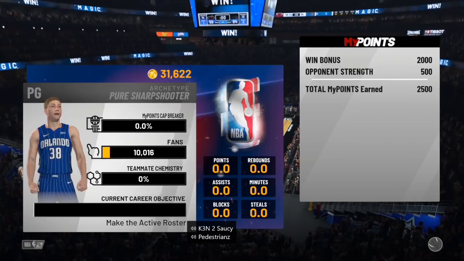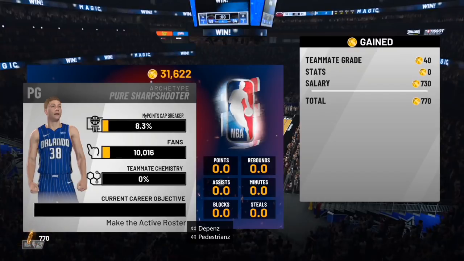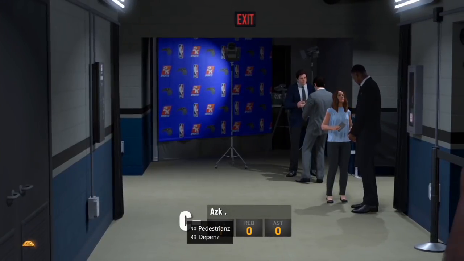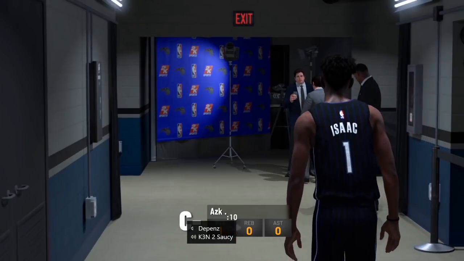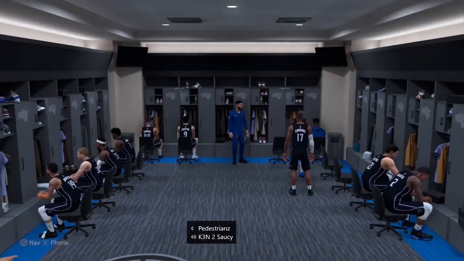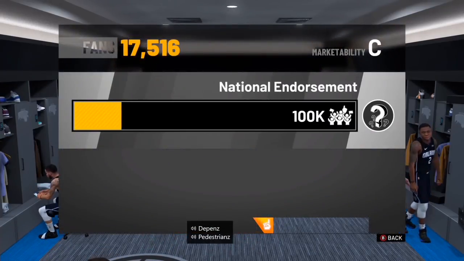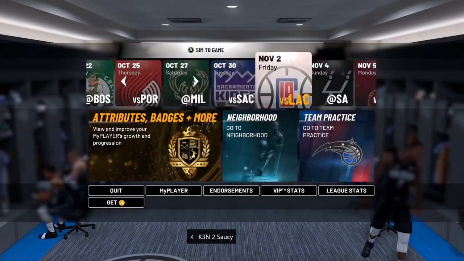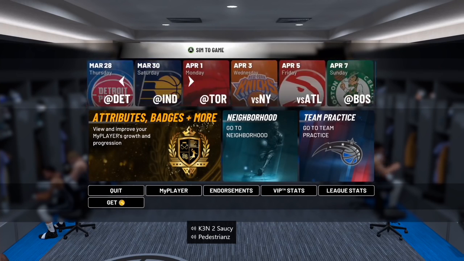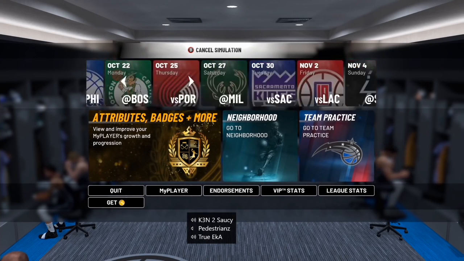So look, see, you get 2,500 points, and then you get the VC. This is how you know you will receive your fans. Right after this, you're going to get to this cutscene, and when you do, you want to shout out the fans. You'll get 5k fans from it, I believe. Actually, 7,500 fans, and you want to check endorsements and see if you have 17,000 fans. If you have 10,000 or 17,000 fans, but I would make sure it's 17,000,